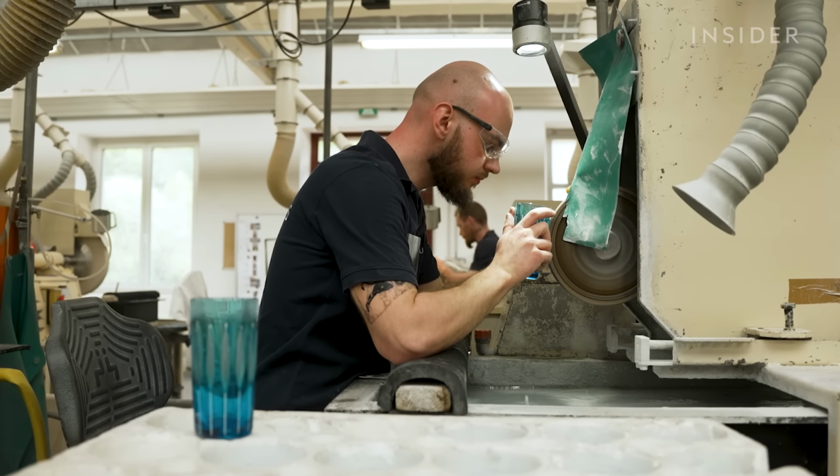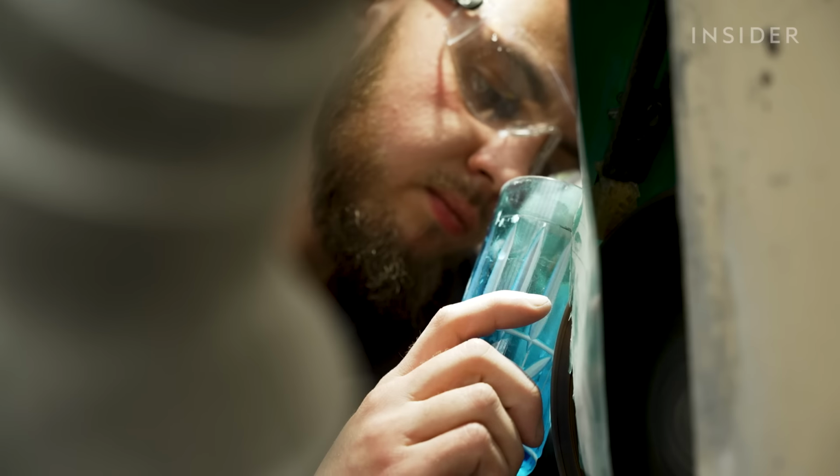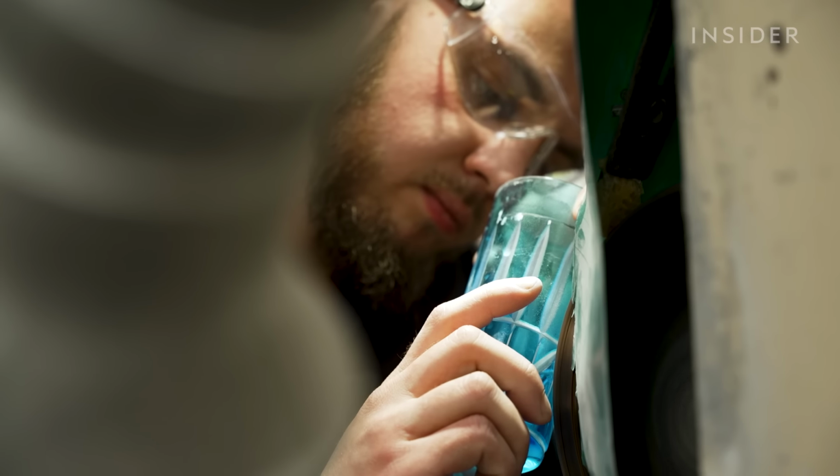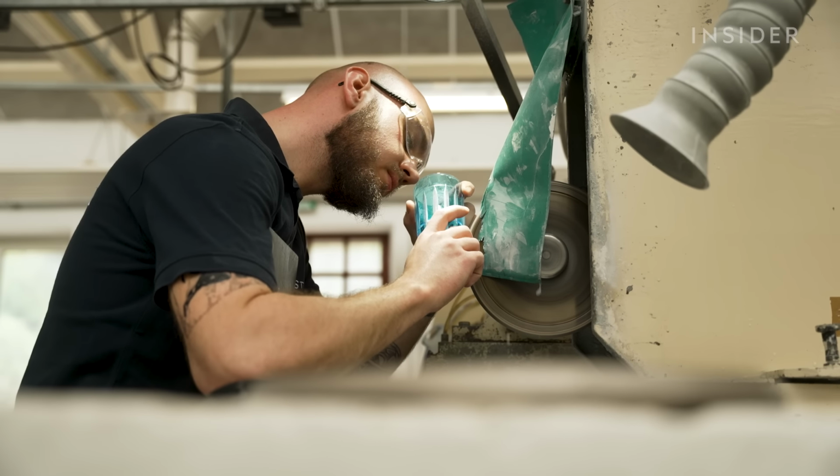Today, he's working on highball glass from the Tommy collection. They were designed after World War I to pay tribute to English soldiers who were nicknamed Tommies. Just one can cost